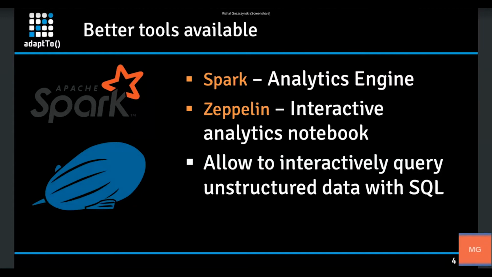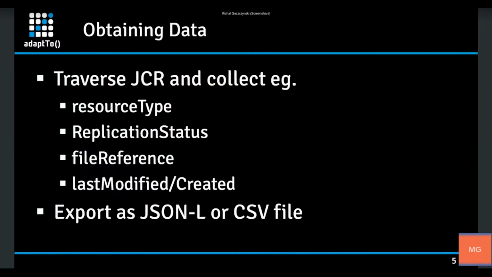But now you have to get that data out of AEM somehow. And we know that query doesn't work. So what I've done is I've used a good old repository traversal. And as I traverse through the repository, I print out the data that are interesting to me. So if you want to have information about my components and assets, and around how they're used on the pages, then obviously